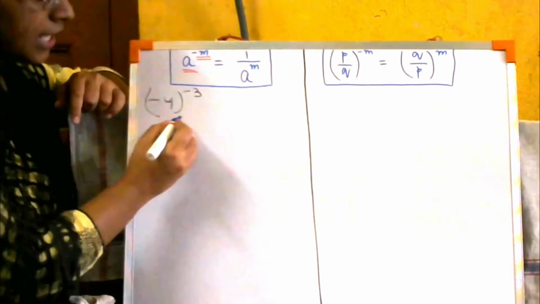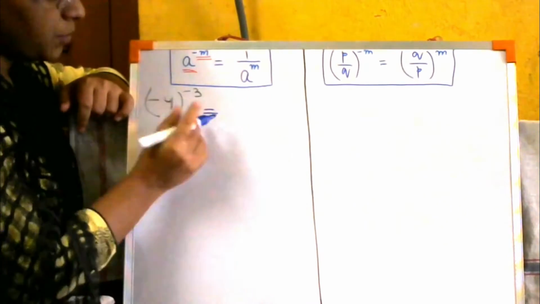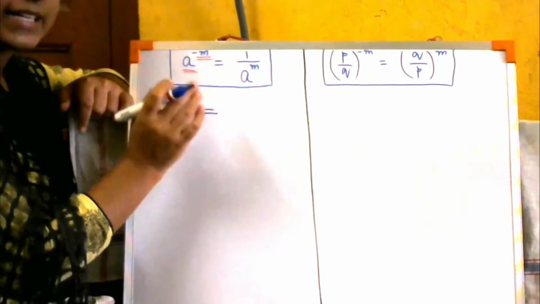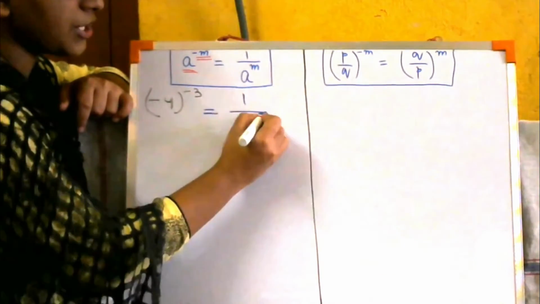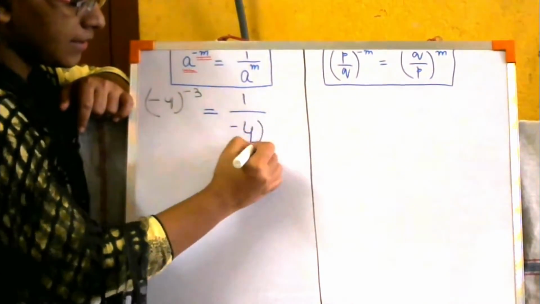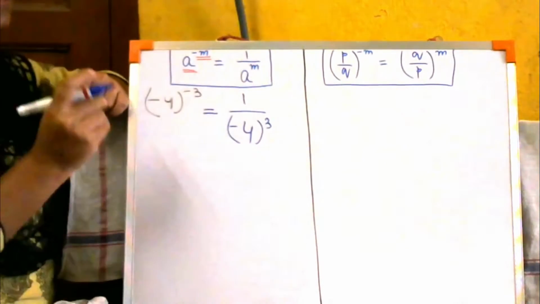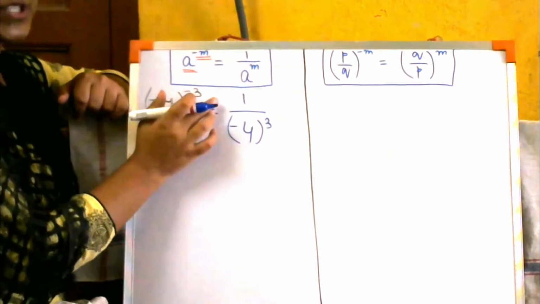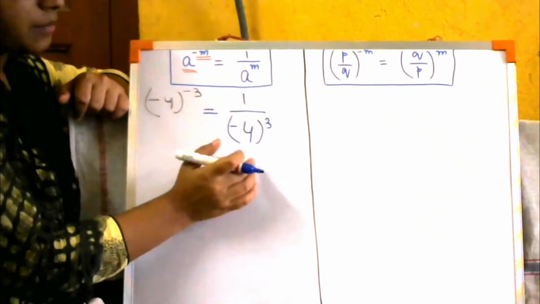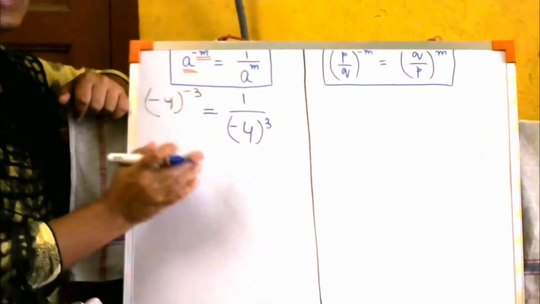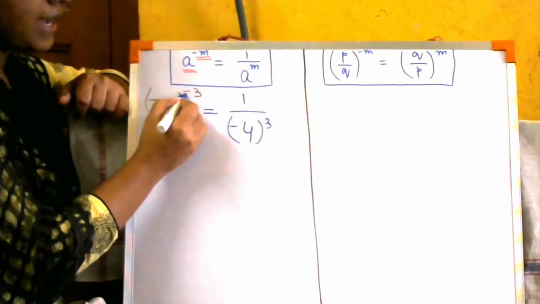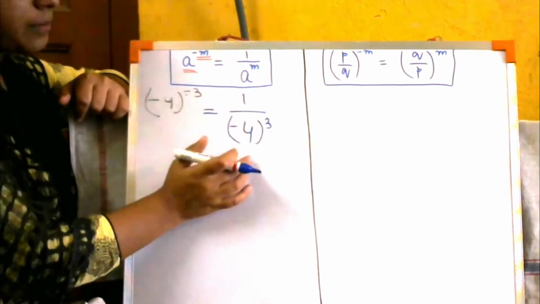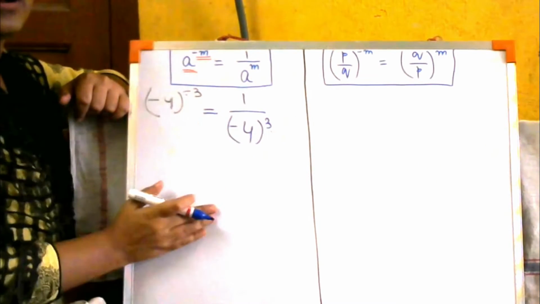See now. First of all let us apply the formula. Minus 3 means I am just going to change it. We are going to write like this. Isn't it? Am I right? So minus 4 at the bottom, the 3 we have made positive, so here I will put 1 by minus 4 to the power 3. I just have to convert this minus into a plus sign. How to do it? We are just going to write 1 by the base to the power positive.